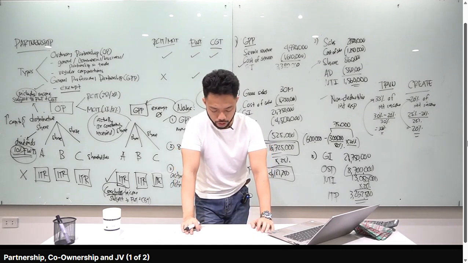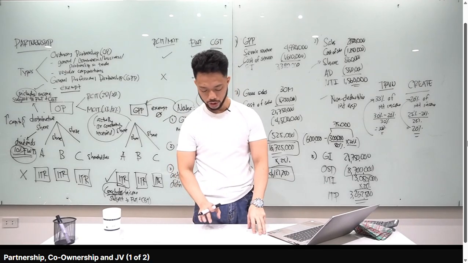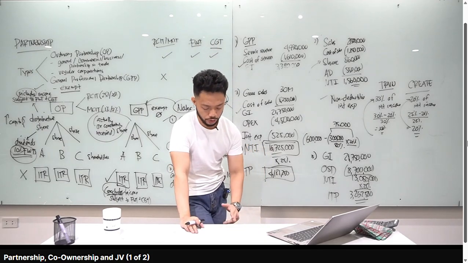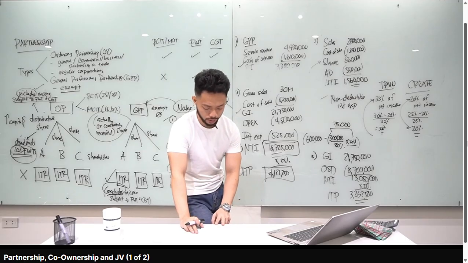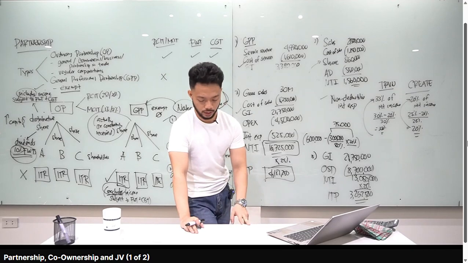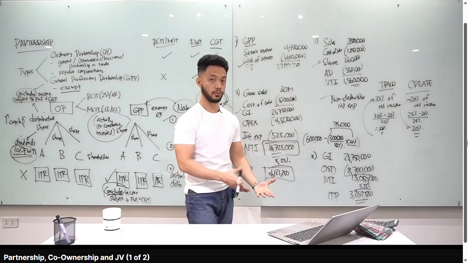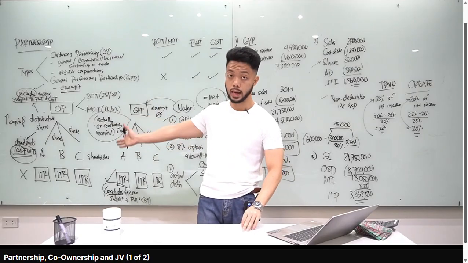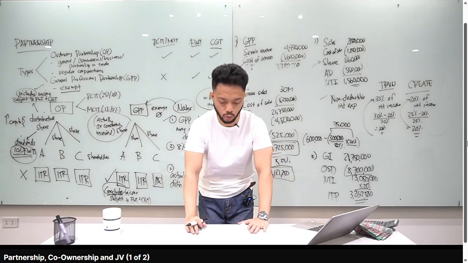Number 7, the share of the partner in the gross income of the GPP is added to his own gross income. Tama sana, kaya lang hindi gross income of the GPP, net income of the GPP. So false yung statement 1. Statement 2, the share of the partner in the net income of GPP is also considered passive income. Hindi. Okay, hindi siya passive income, kasi mag-form part siya of the ITR. Pag passive income kasi usually subject to final withholding tax. Hindi. Ang subject to final withholding tax, yung share ng partners sa ordinary partnership. So answer for number 7 is A. Statements 1 and 2 are false.